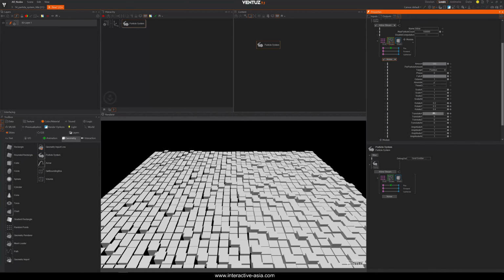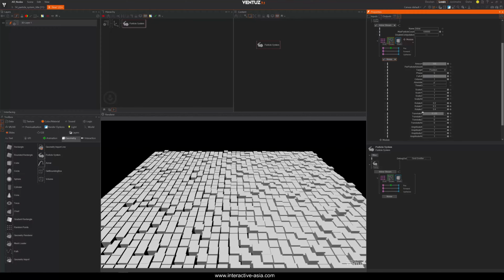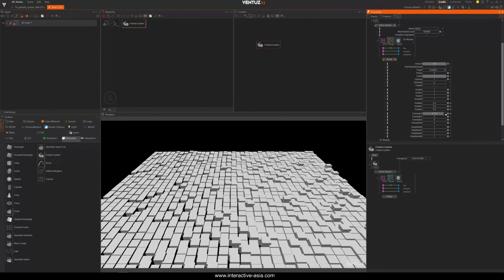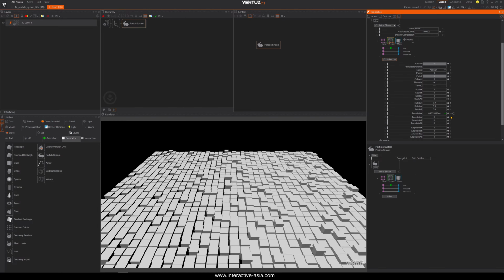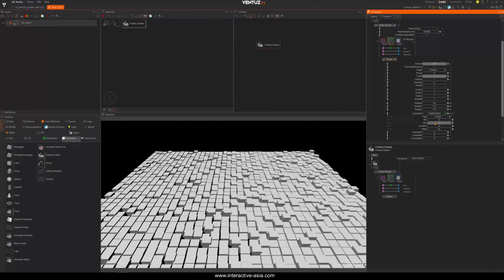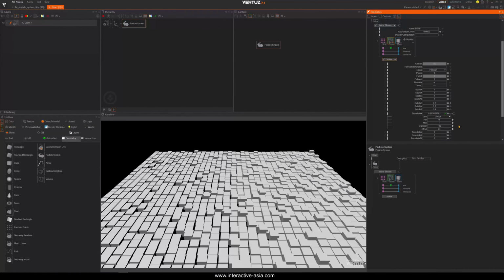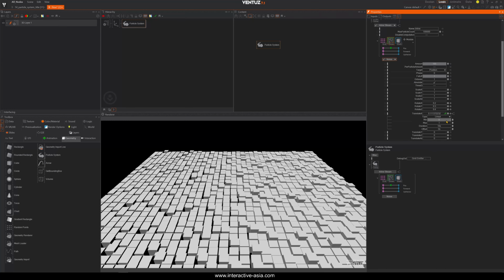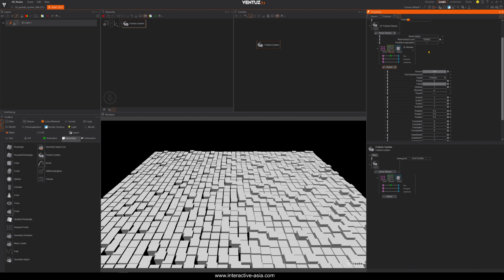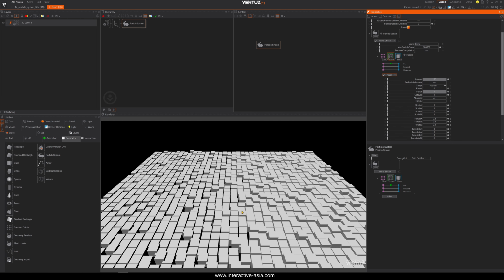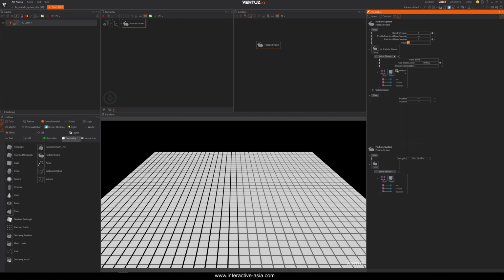So if we move or animate our translation now, then we can get some movement already, right? So let's say I want to animate it a little bit like this, but maybe very slowly, like 10 seconds, right? Then you can do that. But there are also many other ways which we will cover very soon here. Okay, another way to add noise or to transform your particle system is simply